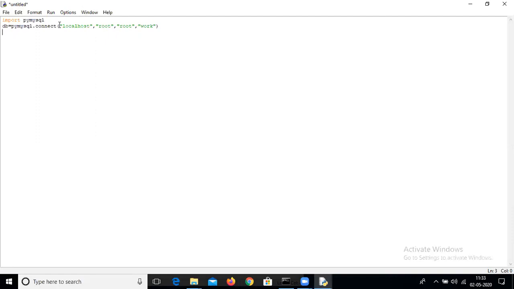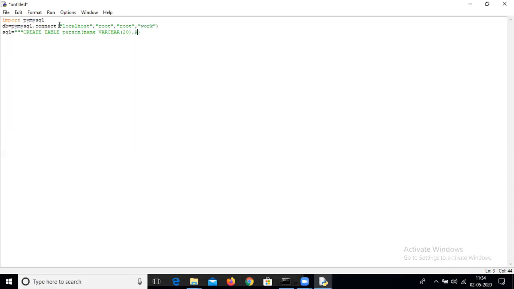We know the query for how to create a table. To create a table, just write it inside triple quotes. Create table. The table name is person. Name of person: the type is varchar and the size is 20.